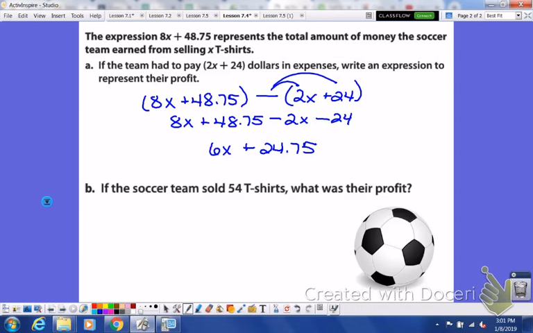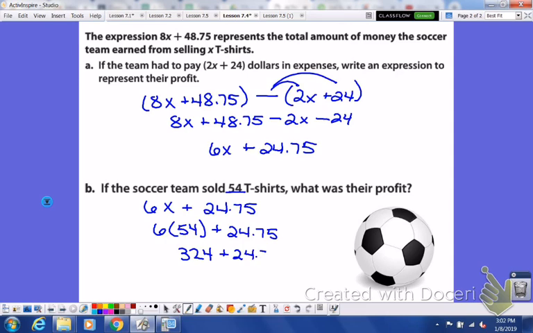In part B, if the soccer team sold 54 t-shirts, what was their profit? Again, start with our expression. So 6x plus 24.75. If I sold 54, I'm going to substitute. So 6 times 54 plus 24.75. 6 times 54 is 324. Still plus 24.75. Add those together and we get